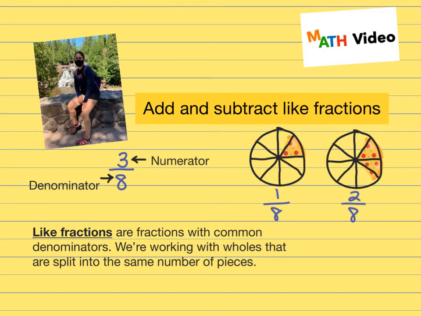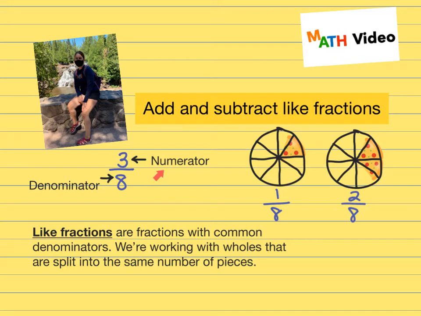A fraction represents parts of a whole and is defined by two numbers, one on the top of the fraction bar and one on the bottom. The bottom number is called the denominator, and it represents how many pieces a whole is split up into. The top number is called the numerator, and this tells us how many pieces of that whole we are working